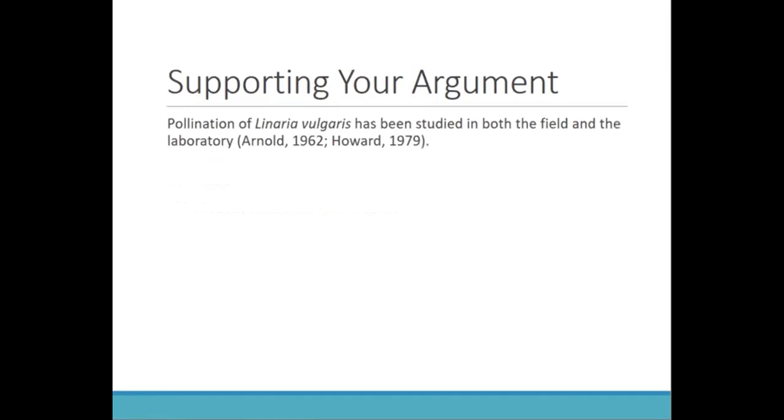Okay. So this is an example of why it's important to think about where you put the citation. So we've got: pollination of this plant has been studied in both the field and the lab, and we have 2 citations. I don't know from the way these studies are cited whether Arnold did their studies in the field and Howard did them in the laboratory, or Howard did them in the field and Arnold did them in the laboratory, or if both authors did both settings. And so this is not an ideal way to use citations in this case